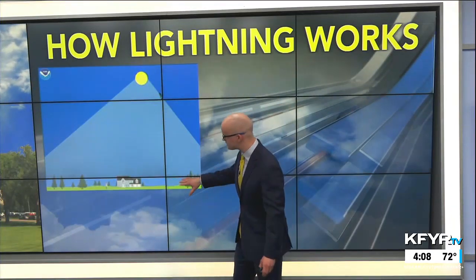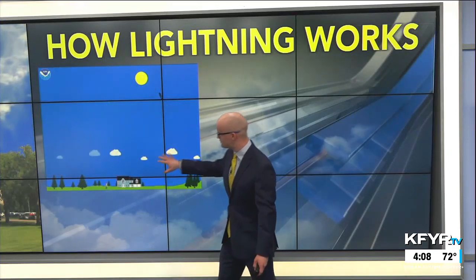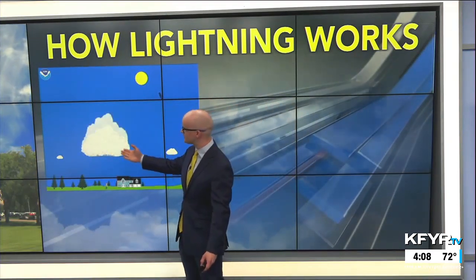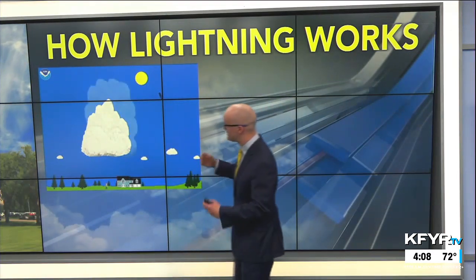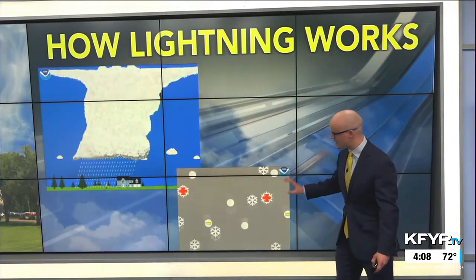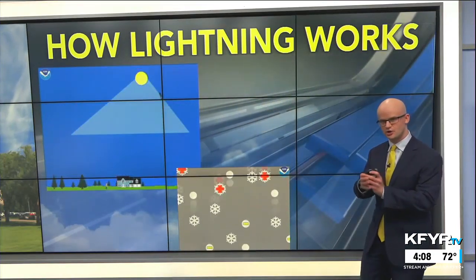You have the sun that's heating the ground during the day. In the summertime, there's enough heat to form convection. We first get just fair weather cumulus clouds, but eventually on a day when there's enough instability, or enough rising air and enough moisture in the atmosphere, we can get those clouds to billow a lot bigger and form cumulonimbus thunderstorm clouds. And within those thunderstorm clouds, we have ice particles, we have graupel, which is kind of compacted snow particles,